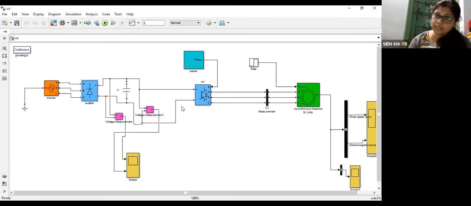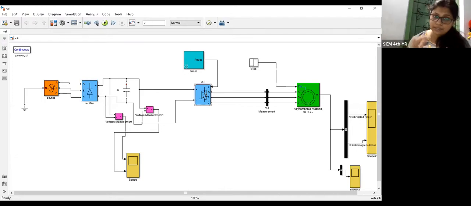In the voltage source inverter, obviously we are using a 3-phase inverter. Again, I am repeating, 3-phase means 3 arms. So in each arm, there are 2 MOSFETs, or as it is using one MOSFET, for the circulating current or for protection purposes, we have to insert diodes in the circuit. In the MOSFET, there is an inbuilt diode. You can see that as per the symbol. So we are using this kind of voltage source inverter.